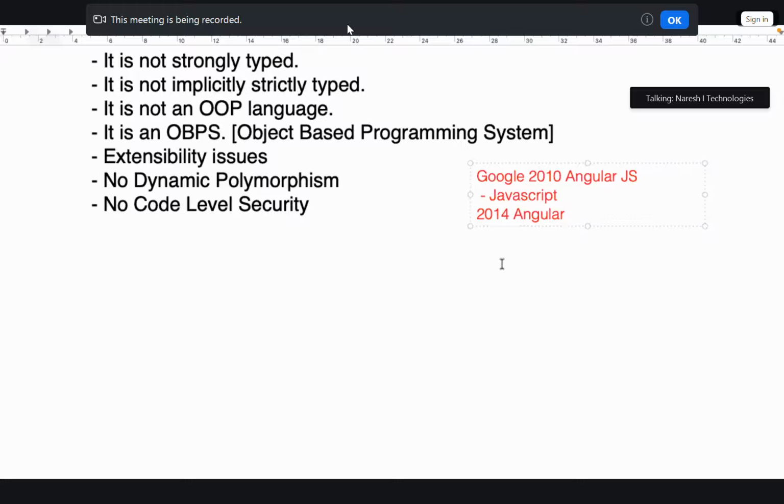And for this Angular, they wanted a good language. Already they were using a language called JavaScript. But in Angular, they wanted to replace JavaScript with a good language. So Google company started a language called AtScript. They started AtScript to replace JavaScript. Their intention was to replace JavaScript. But what happened is